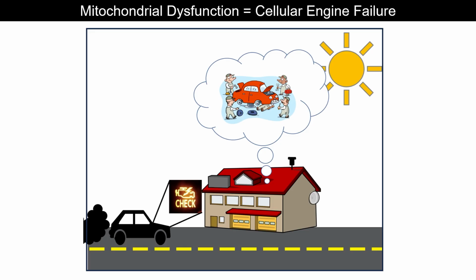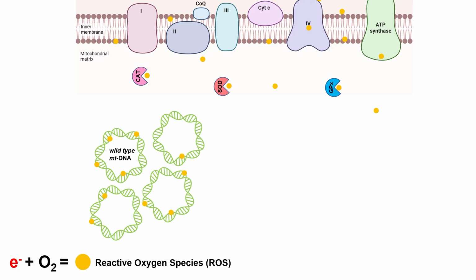So mitochondrial dysfunction, I kind of look at it as cellular engine failure. A lot of us do. Different starting points, but in general, when electrons escape from the ETC and you've got oxygen, they form reactive oxygen species. Typically, you have antioxidant enzymes inside the mitochondria, catalase, peroxide dismutase, and glutathione peroxidases, that help to